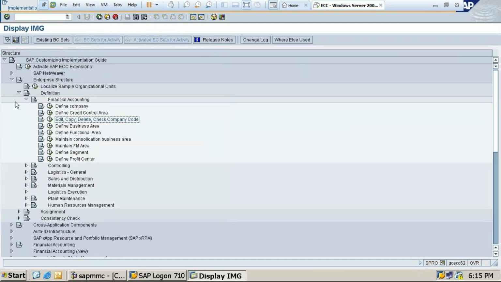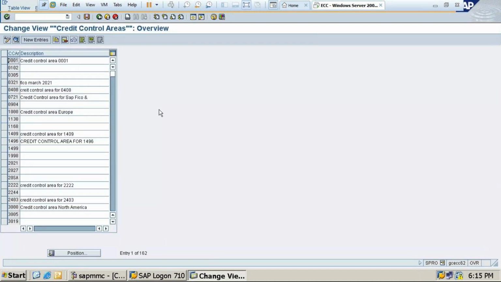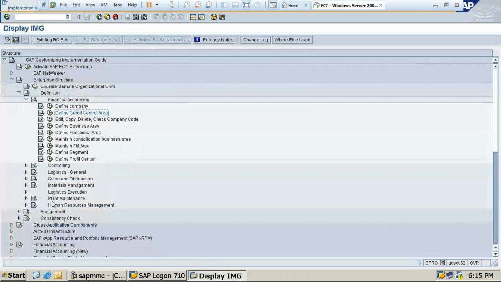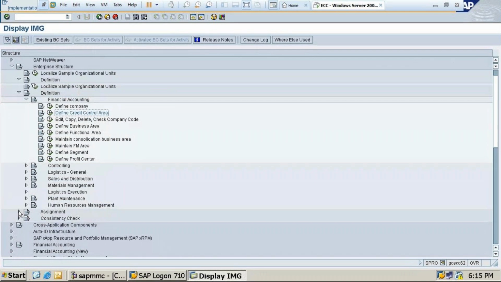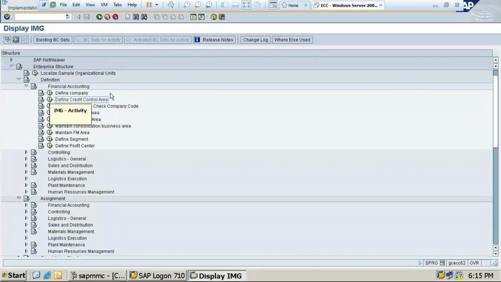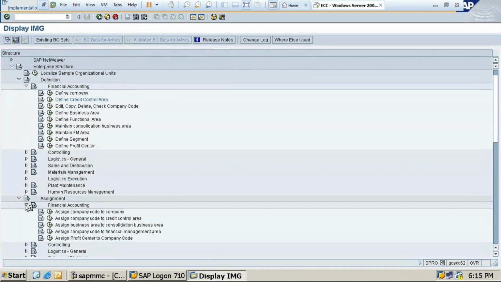Next is define credit control area. But before defining the credit control area, we need to assign the company code to the company. So what we'll do, we have to go to Assignments, go to Financial Accounting, then Assign Company Code to Company.